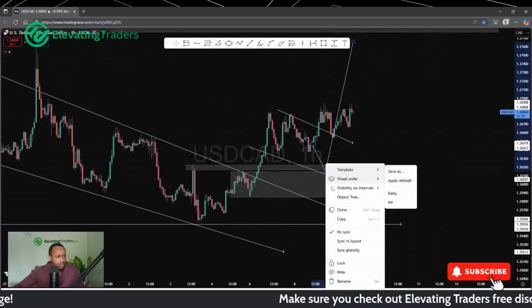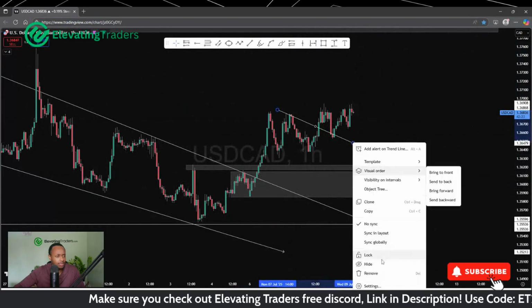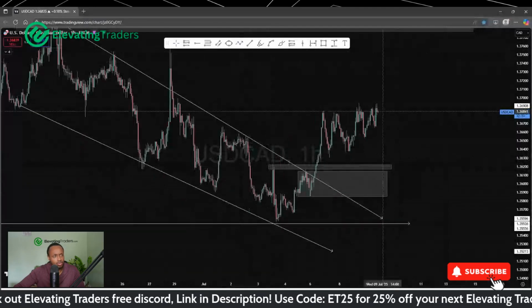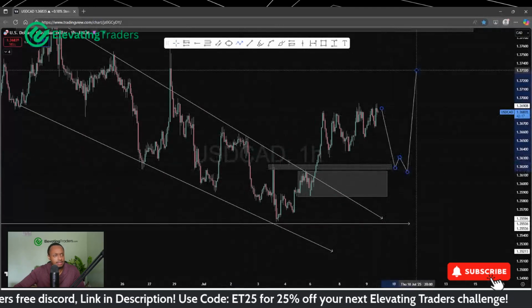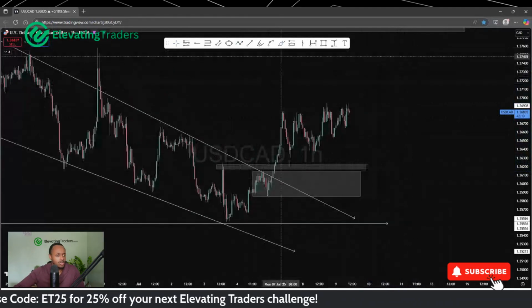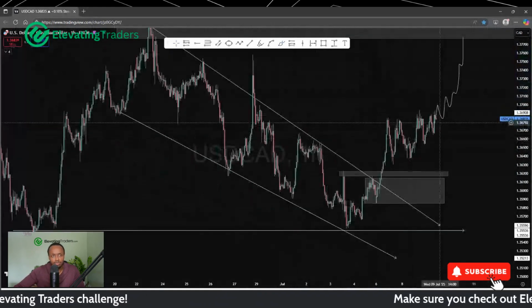At the moment, it looks like price just consolidated. It's looking slightly bullish, but kind of running out of steam a little bit. I wouldn't rule this opportunity out completely. I can see a world where we do push down before we push up, but it could be a situation where we slowly pick up the pace like that, which might not provide the best of opportunities